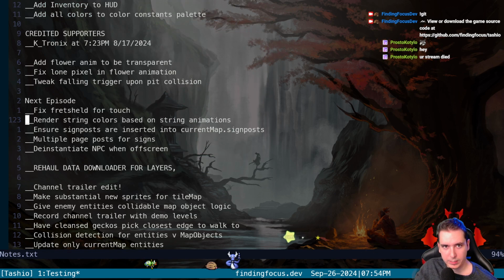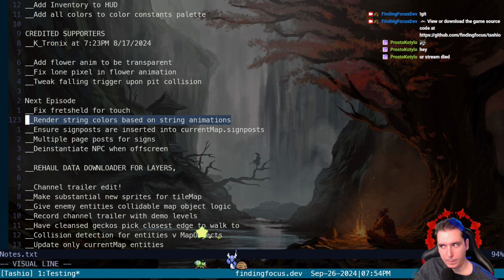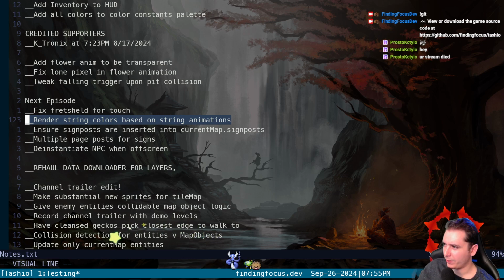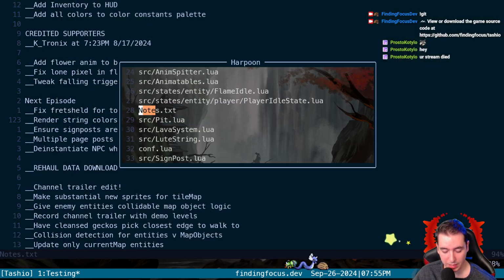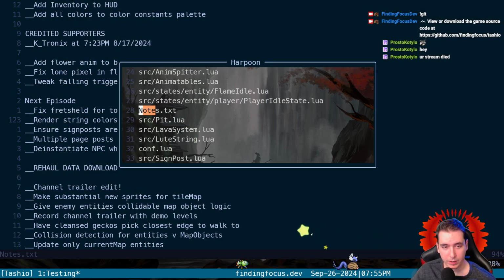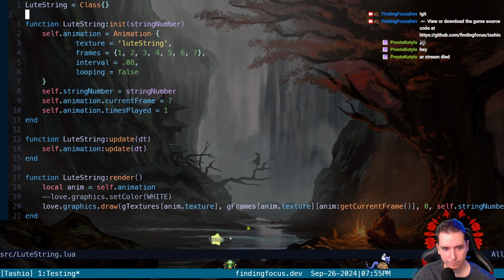So we need to say render the color of the string white if it's not in the animated phase, and if it is animating, then render it to be that cyan color. So let's see if we can add that.